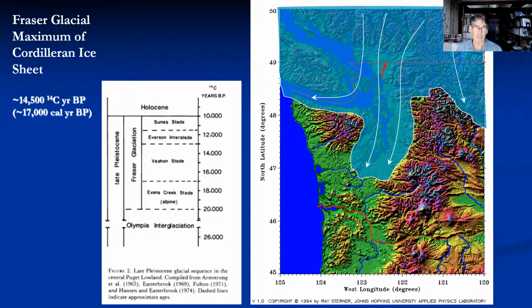But again, I won't be touching on that because I'm going to be focusing on what happened after this big set of ice sheets here retreated back north of the border. And then in this time frame here was both a retreat as well as a potential readvance of the ice sheet, but only up here into the northernmost section of the Fraser Lowland.